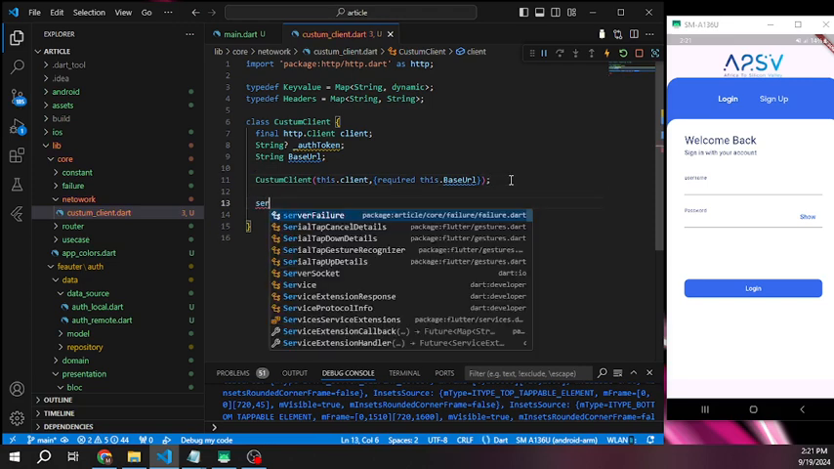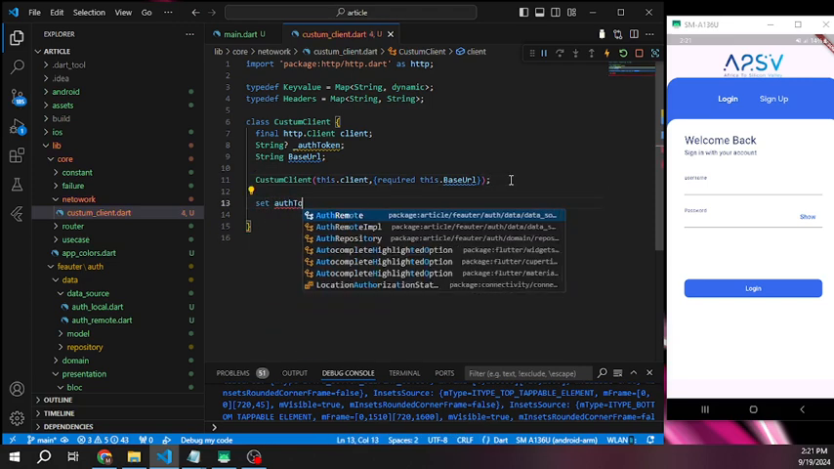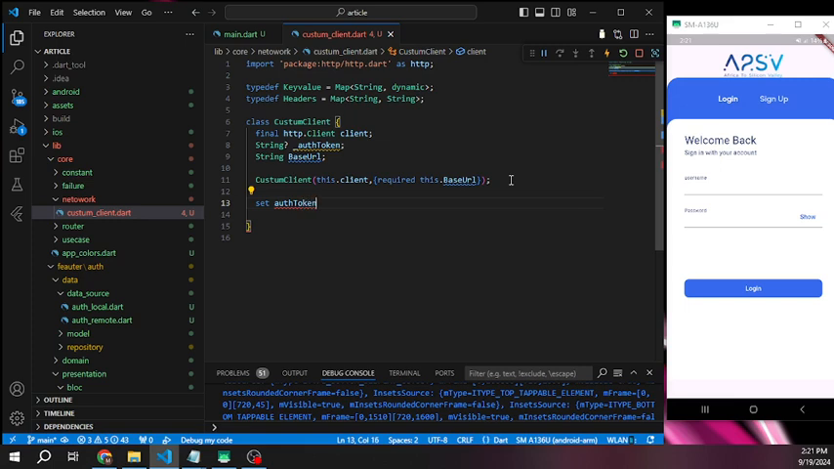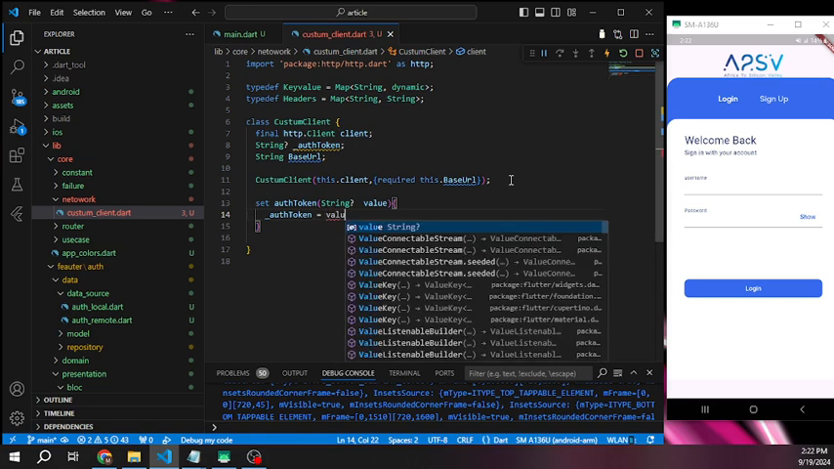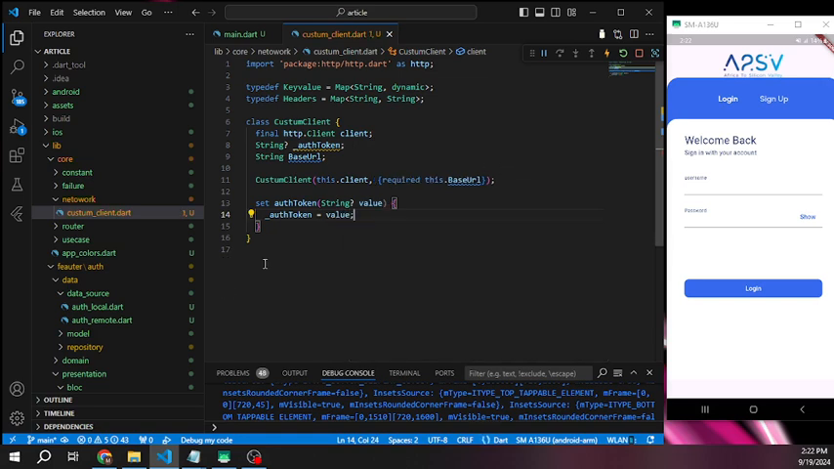And let's set our token to be a string value. Our token is going to be value. That's all we need to do to initialize our custom client, and let's implement our get